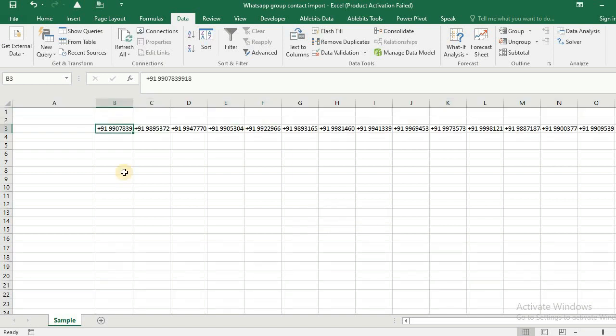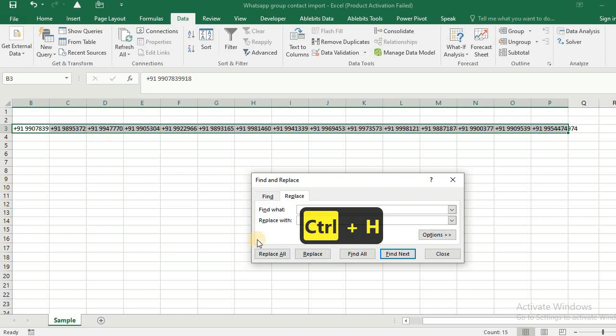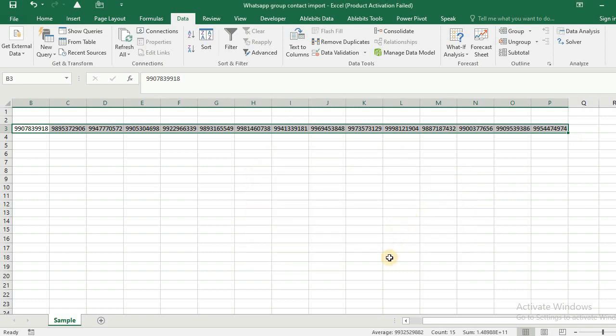So the next thing that I need to get rid of is this plus 91 sign. Select this data, press Ctrl H, which is the shortcut for the find and replace dialog box. So what I need to find, I need to find plus 91 and a space as well. And I will replace it with nothing. Replace all. So we have here made all the replacement.